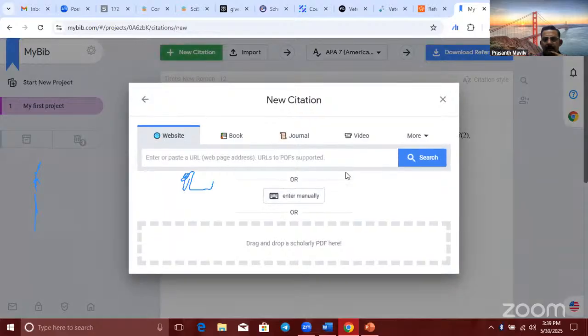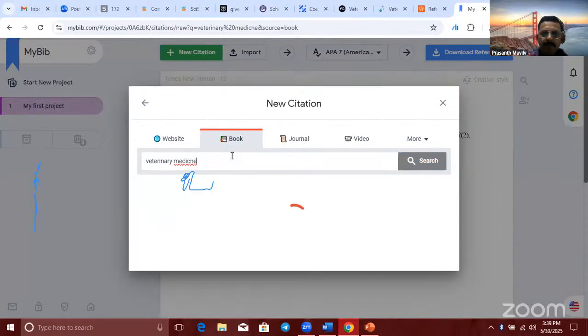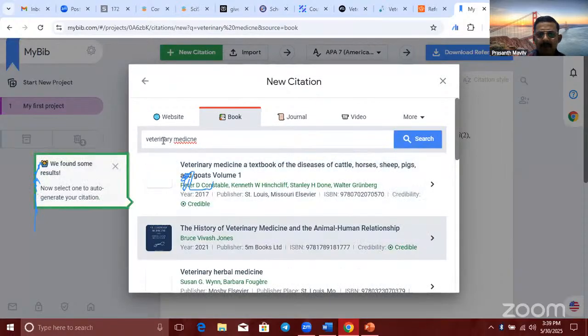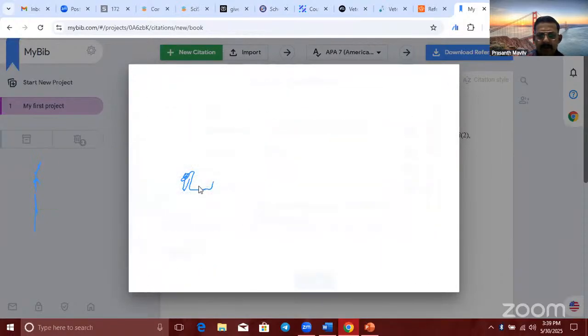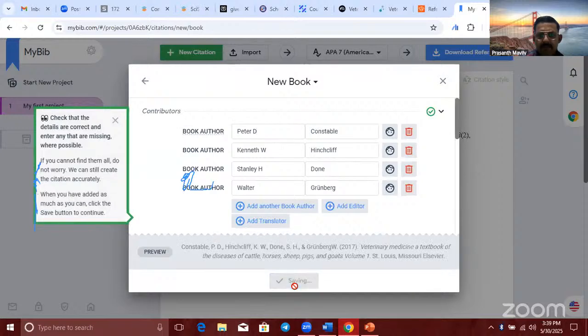You're adding another one. You're adding a book. Some veterinary book I have taken to check the details.